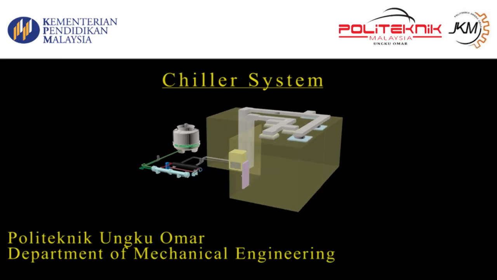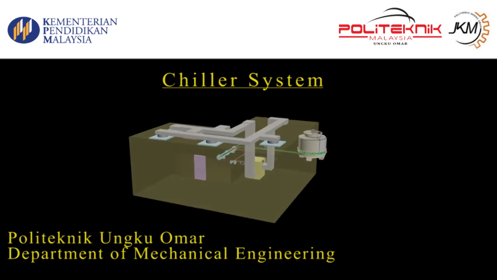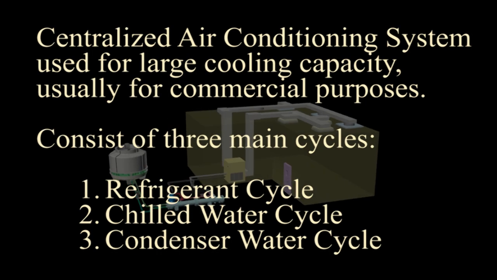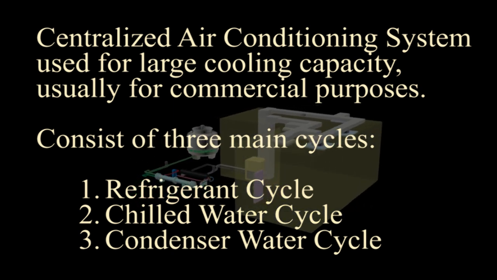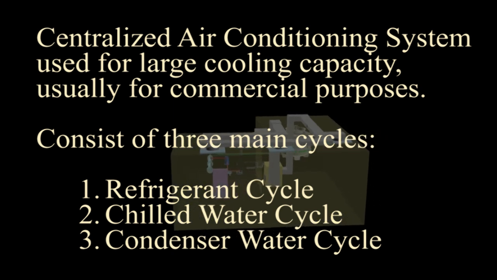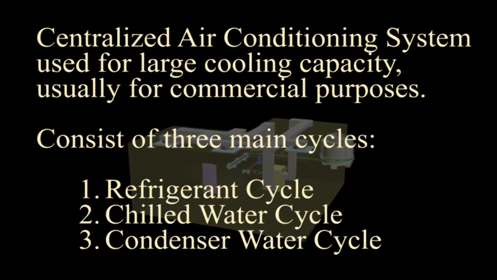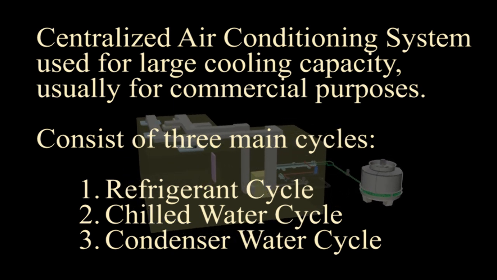Chiller system. Centralized air conditioning system used for large cooling capacity. Usually for commercial purposes, a chiller system consists of three main cycles, which are the refrigerant cycle, chilled water cycle, and condenser